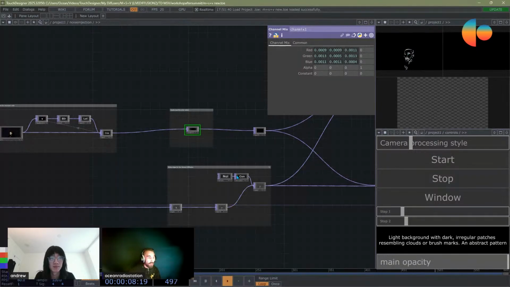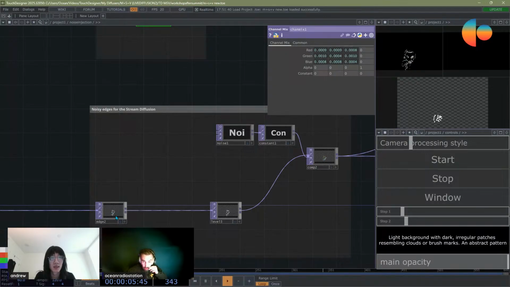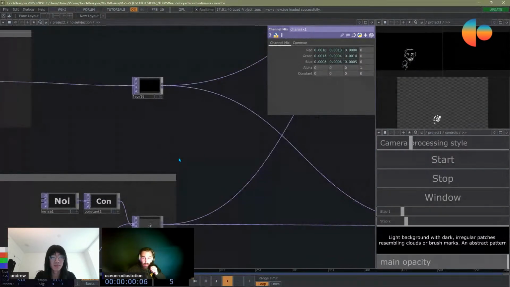That's why this screen here looks like a dark person. And the easier the video input is, the better the output of the stream diffusion is, I think. That's why there's some noise, edges, edge level, something like that.